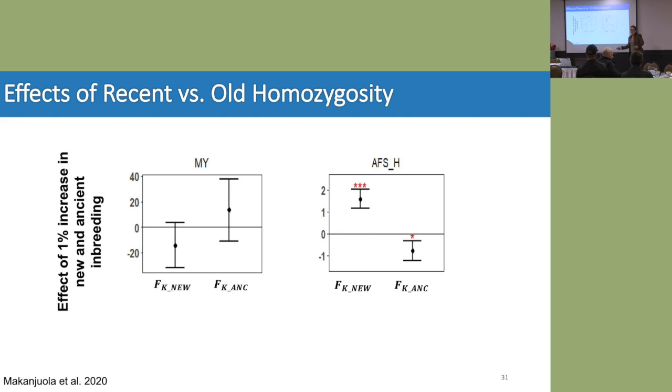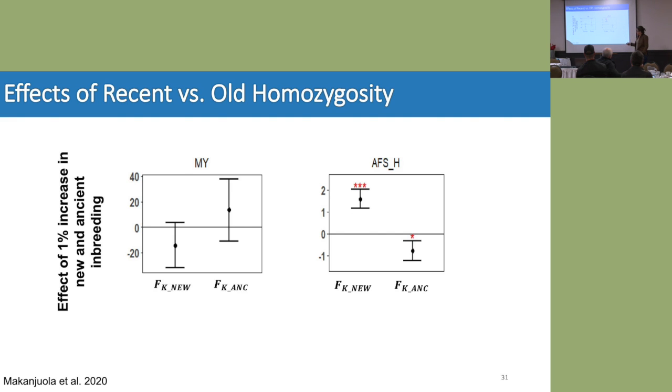The reason that this happens is because if there's a nasty mutation or something going on, if it's new, it's going to have an effect because it hasn't had time to die out. Or the animals that have that mutation don't have time to die out. Now, the whole thing that I told you about genomic selection and that we're going so fast, that's having an effect on how quickly these nasty alleles get driven out of the population, something called purging. So we've got to be a little careful here, right?